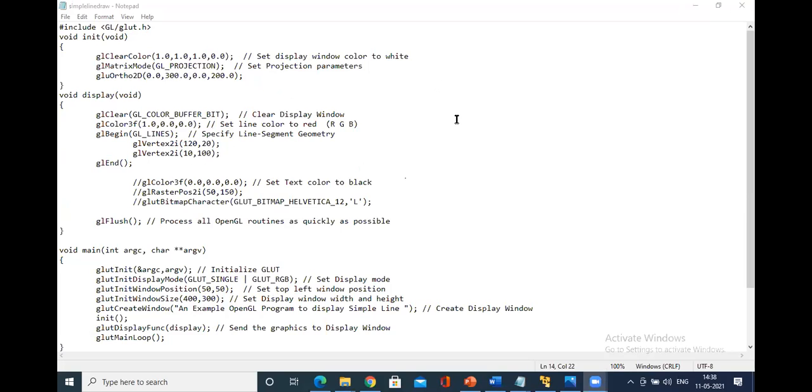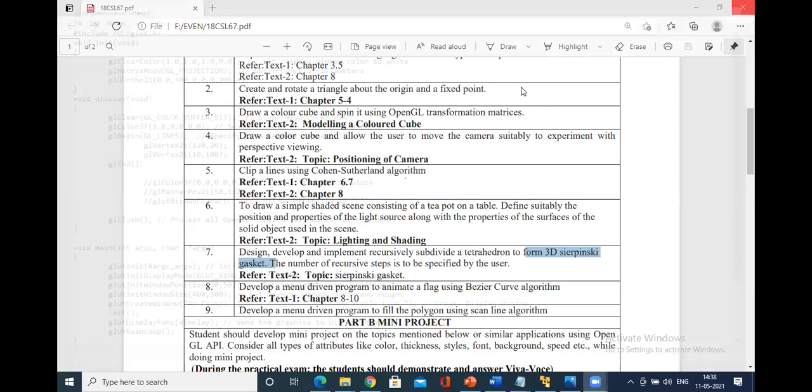I explained this concept because many people had confusion about how to give the coordinates. The coordinates are based on your window size. Within the window size, how does the orthographic projection look? After that, you have the coordinate system. This is the same white rectangle, so glPolygon is drawn.